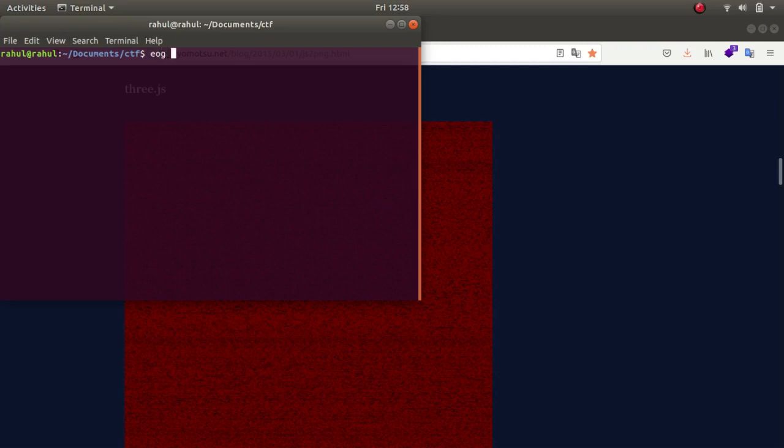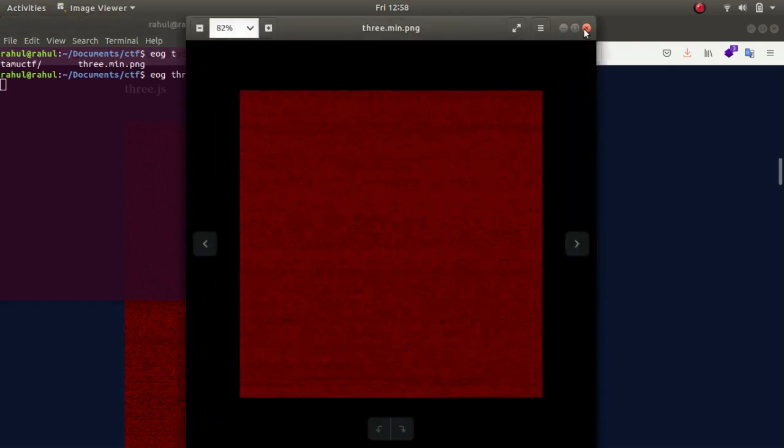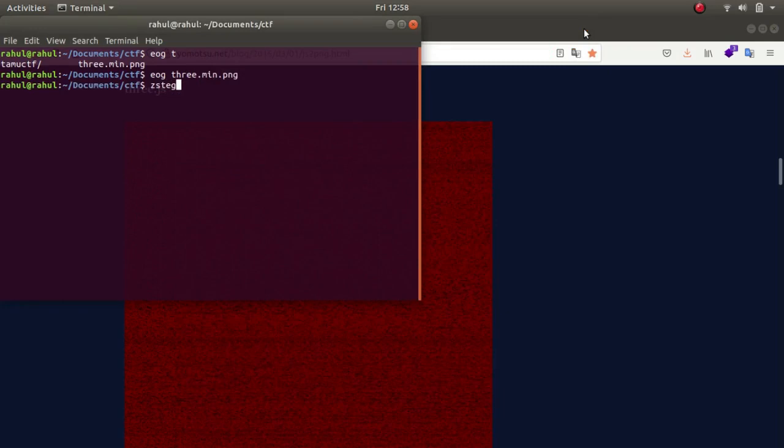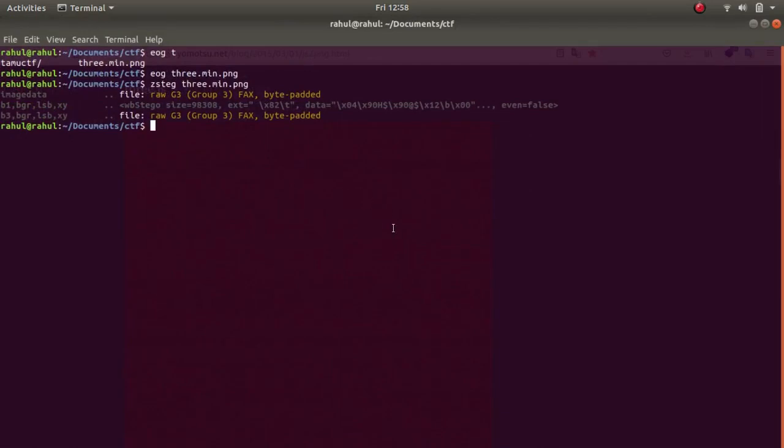If I type in EOG, as you can see, this is just a normal PNG file. So what if I run zsteg? As you can see, there's nothing much.